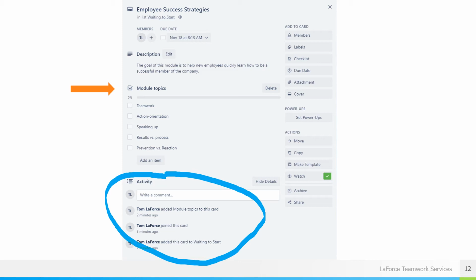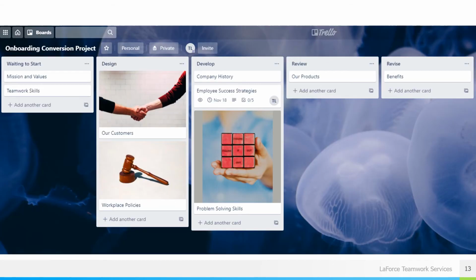As the work proceeds and you start moving modules to the new phases, you actually show that on the board. So here you see that we took a lot of them out of waiting to start and we put them into other phases. And that simply is just drag and click. I should say click and drag, right? That's how that works. The other thing I showed you though was that you can add images if you want, just to spice it up a little bit.